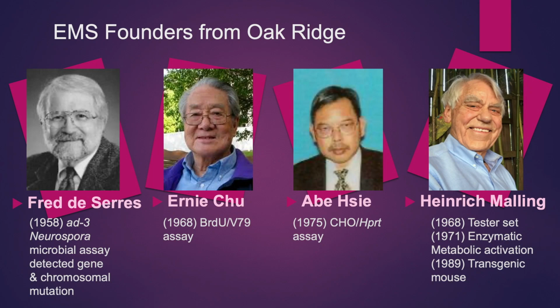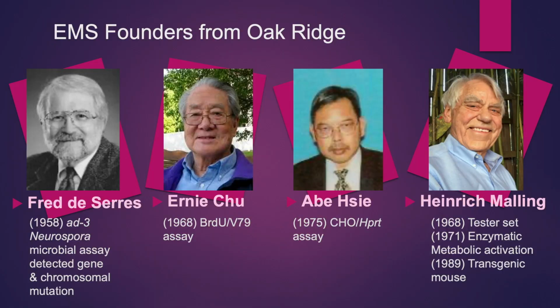And then we come to the resident genius of our society, Heinrich Malling. Heinrich, of course, invented the first tester set. It was in Neurospora. It was a series of 8 strains. He whittled it down to 2 eventually, and they reverted by certain mechanisms, by frame shifts or various base substitutions. And from that, you could infer what class of mutation your mutagen was causing. This was invented more than 10 years before DNA sequencing, and of course it served as the prototype for Bruce Ames to develop his tester set. So it did not start with Bruce, it started with Heinrich.